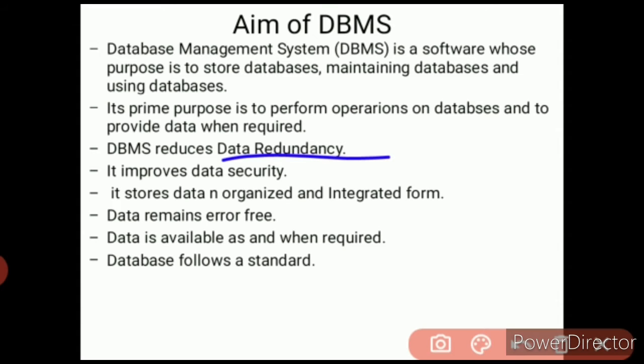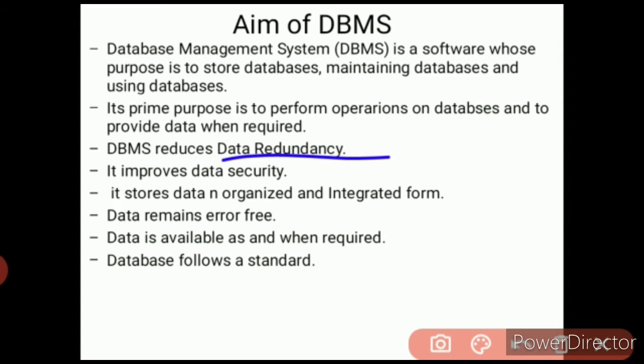Okay. Data remains error free. Obviously, if the redundancy will not appear there, how can we say that it will be an error value? Okay, so we can say that it's an error free value. Redundancy, we don't have any kind of redundancy there, means we don't have any kind of duplicacy over there, then it means it's totally an error free value.